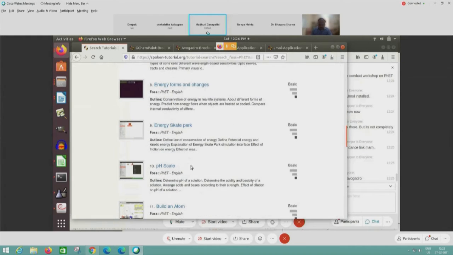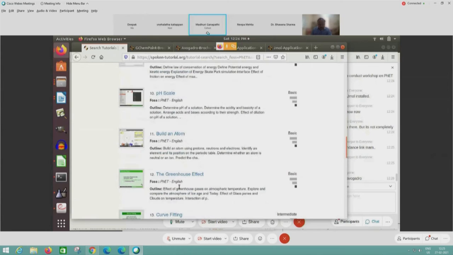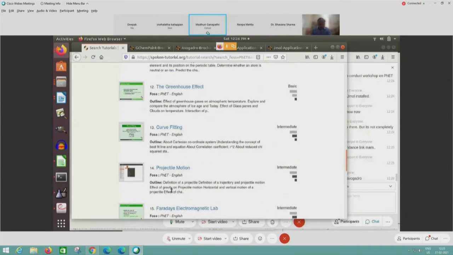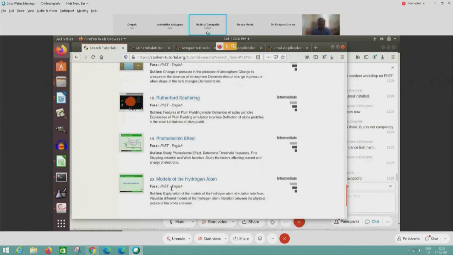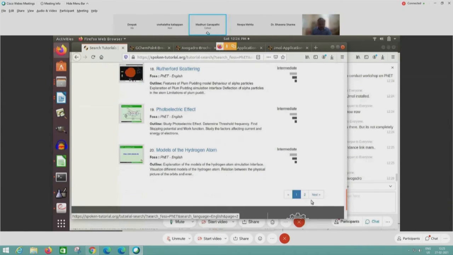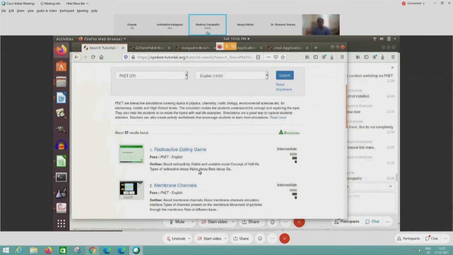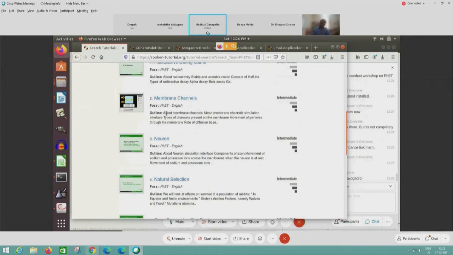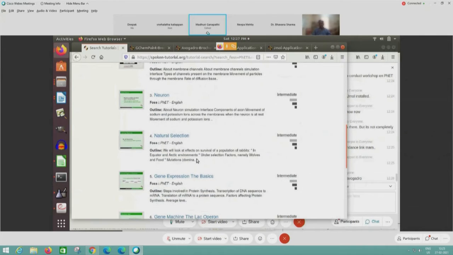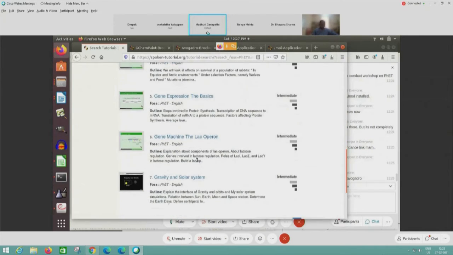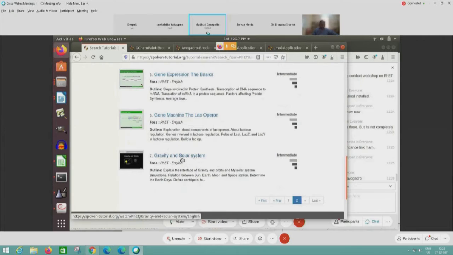pH is chemistry. So we have got a combined set. Greenhouse effect is also there. So FET is for all the subjects, maths, physics, chemistry and biology, and we have got tutorials in all of them. So that is why we have got 27 tutorials in the series, which includes all of them. And here are some biology tutorials for membrane channel, natural selection, gene, and then we have got solar system also, gravity and solar system.